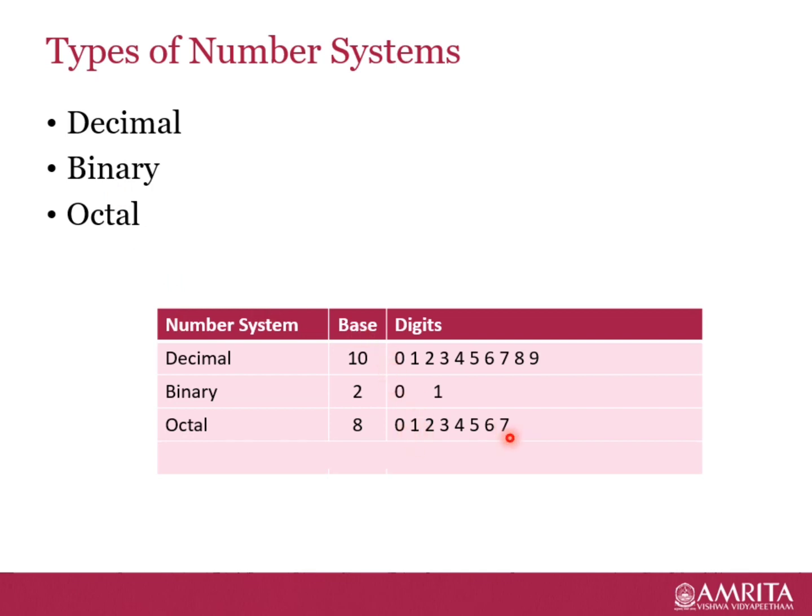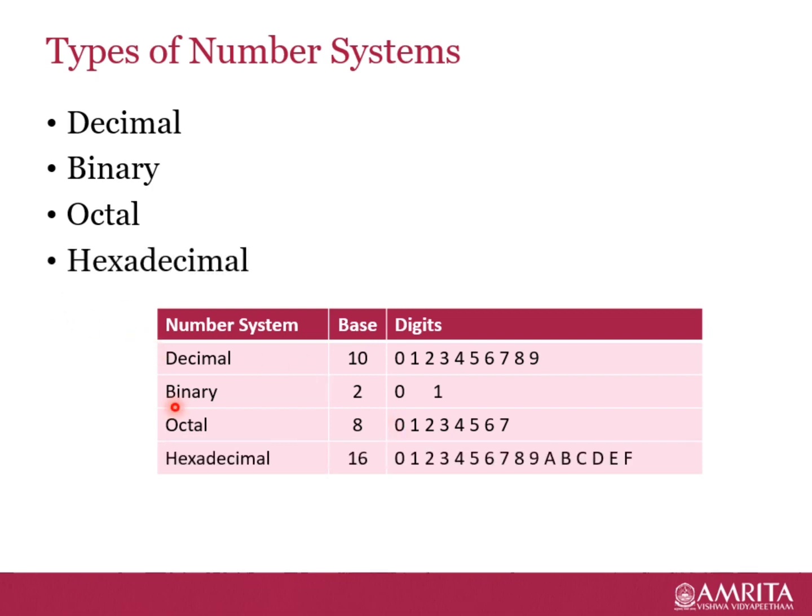which forms the base of the octal number system, which contains digits from 0 to 7. And if we group the binary numbers into a group of 4 bits, then we have a 16 combination number system, which is called the hexadecimal number system, having a base of 16 and having digits from 0 to 15, where the numbers from 10 to 15 are represented by the alphabet A to F respectively.